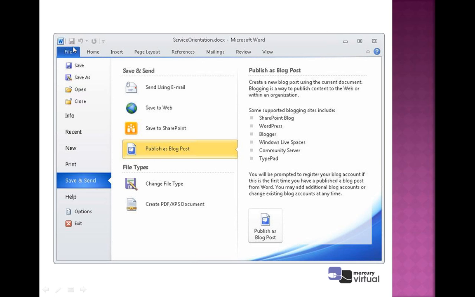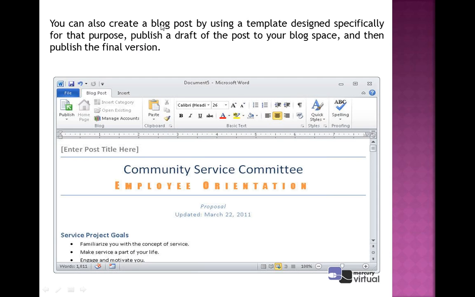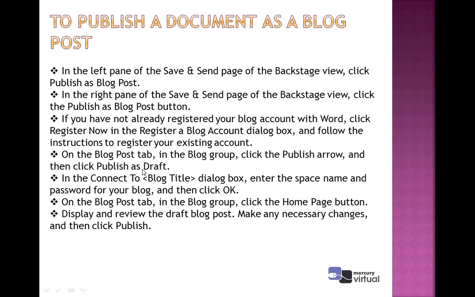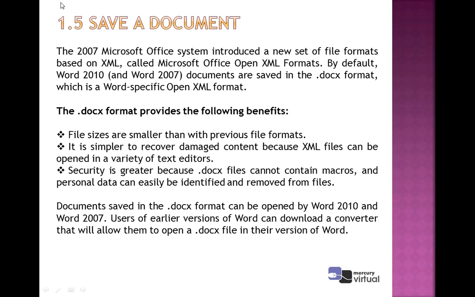Simply click on the File option, go to Save & Send, then click on Publish as Blog Post. You can also create a blog post like this one, see the figure. That covers how to create a document specifically as a blog post and how to publish a document. The next topic is how